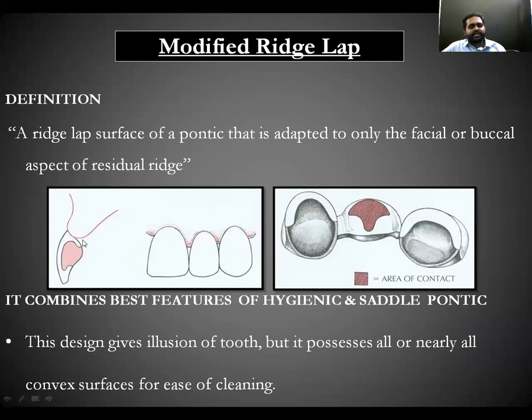Now there is no covering area present by the modified ridge lap in the lingual or palatal aspect. There will be contact only in the buccal or labial aspect. It is the only difference between ridge lap and the modified ridge lap. Thus, it provides more cleansing surface for maintenance of the contact region. We can see the area of contact in slide B, on the right side. The area of contact is marked with striated lines in the dark areas, which is only on the buccal or labial surface of the tooth.